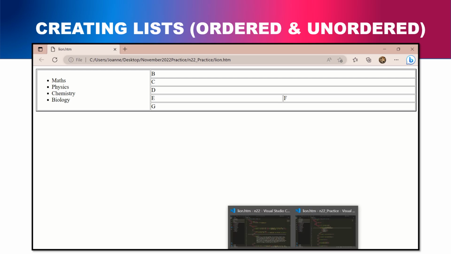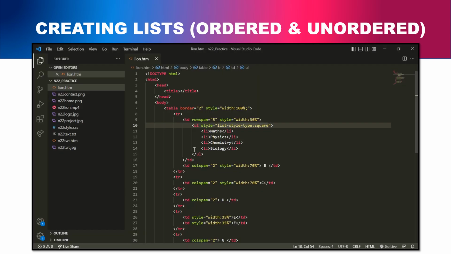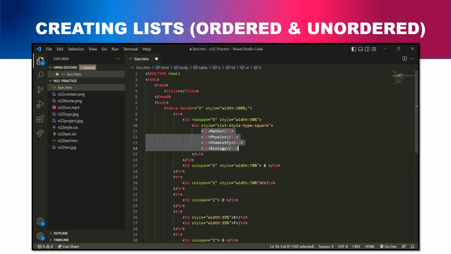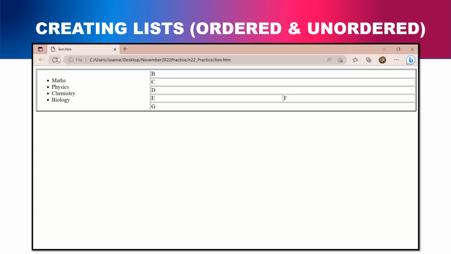Now, in a similar way, even the ordered lists work. An ordered list starts with the tag OL instead of UL. So, if I change this to OL instead of UL, then the rest is same. Each list item will start with the LI tag. So the default list items will be shown by numbers. So if I save it and go to my browser, reload,